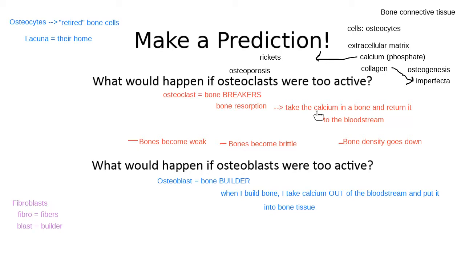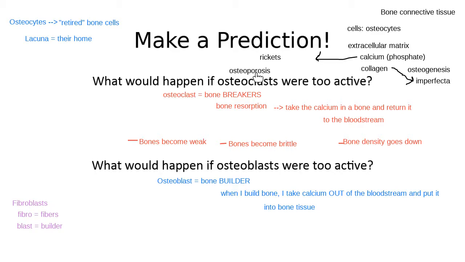The problem in osteoporosis is not necessarily that my blood calcium is low, as much as just my osteoclasts get down to business and they break down all the bone tissue. So my osteoclasts are too active in osteoporosis. That makes those bones weak, or like its name talks about, osteoporosis. I literally have pores, or open spaces inside my bone tissue where there used to be calcium and there is not calcium anymore.